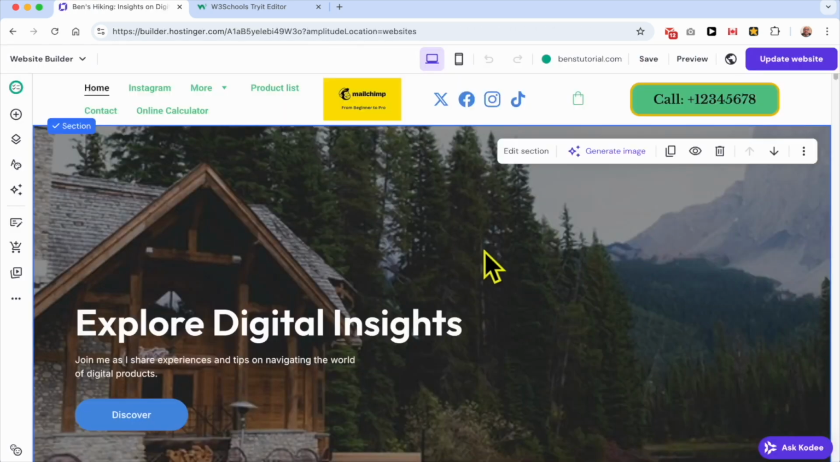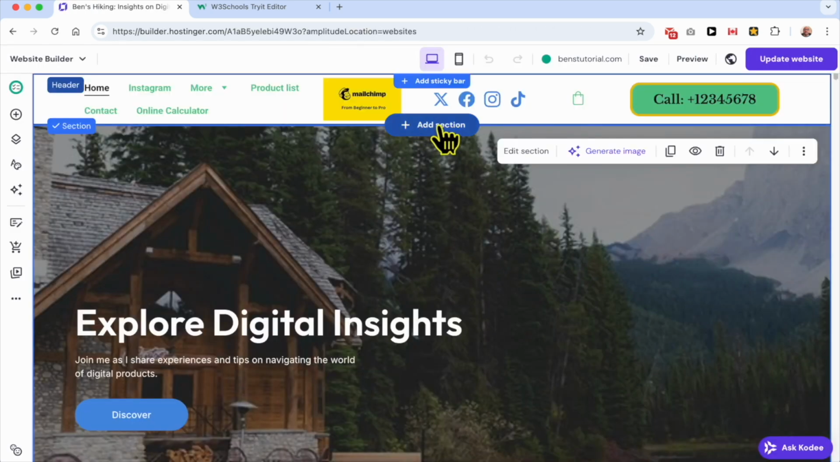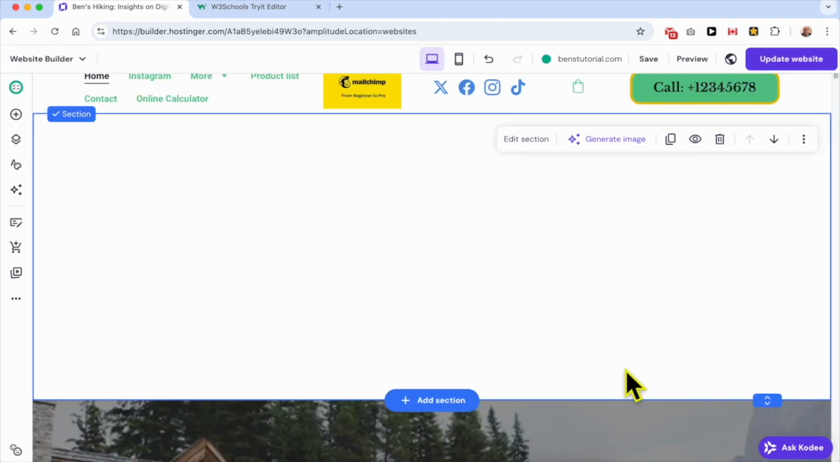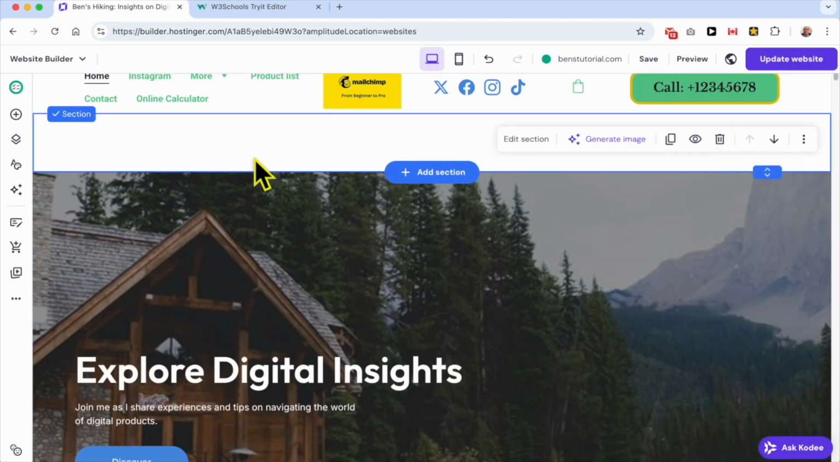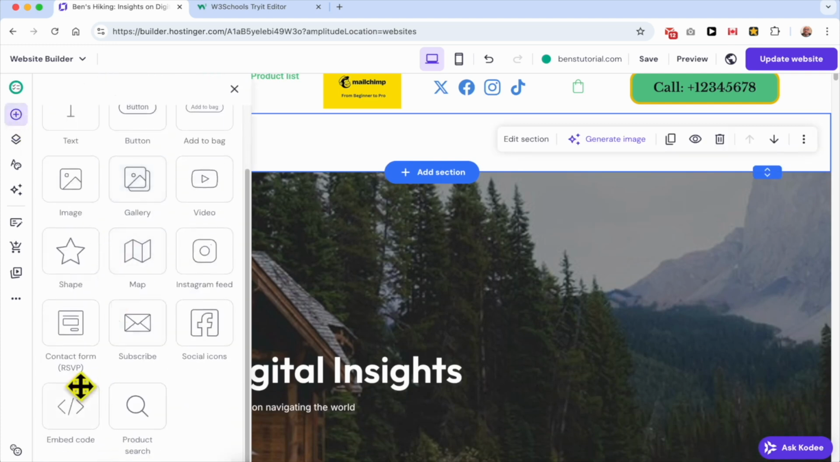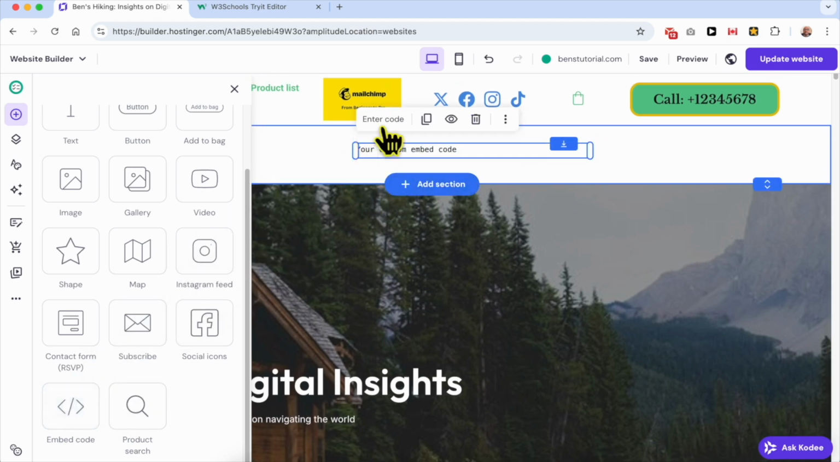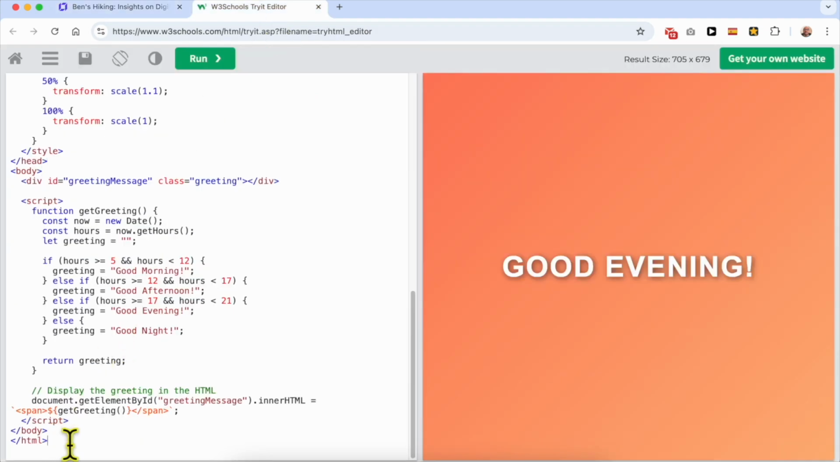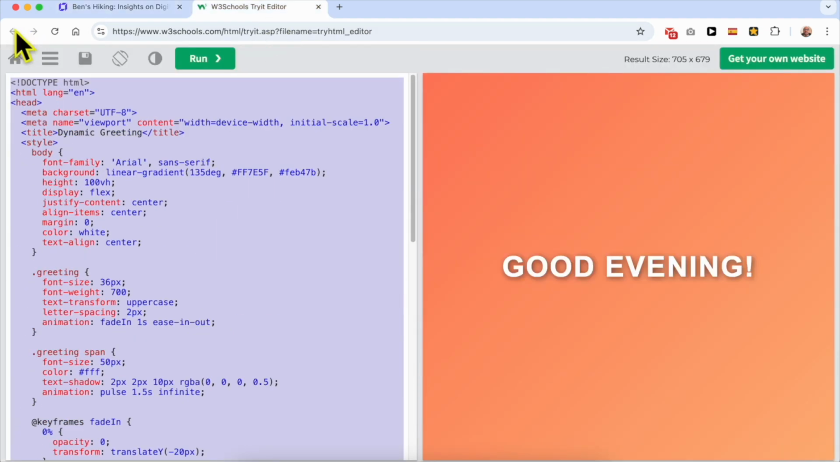This is my website in Hostinger builder, and first thing I will add a new section. I will go with add blank section, make it a little bit shorter like that. Then add this element called embed code. I will drag and drop it like that, hit enter code, delete this existing code, and copy this HTML code